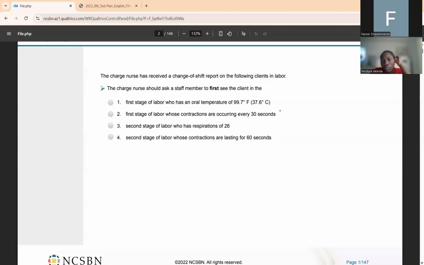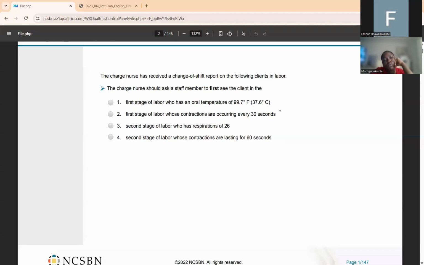So we can keep that, because once the child gets the information, she might communicate something to you, and maybe that would be the end of the whole story. Or the child doesn't want you to communicate something, maybe we don't know yet. So we can leave it that it might fall under clinical judgment, it might fall under communication and documentation. Can it fall under culture and spirituality? No. Can it fall under nursing process? Maybe. Teaching and learning, no, because this is not even a teaching and learning type of question. But now, since you have an idea that it can either be clinical judgment, communication and documentation, or nursing process,